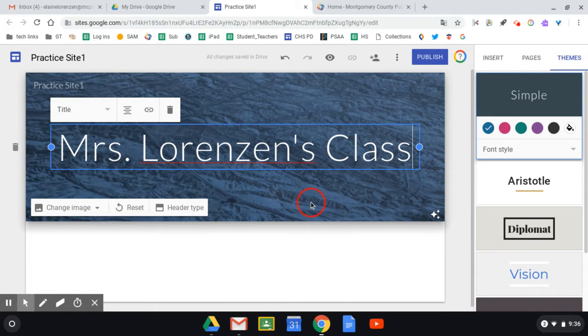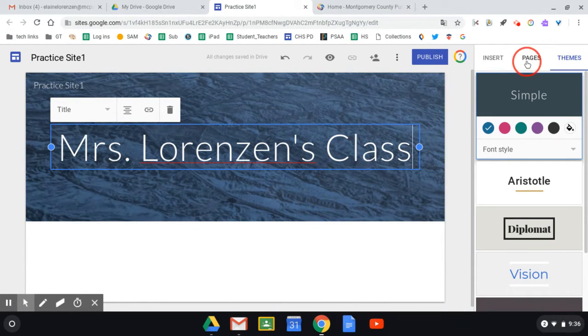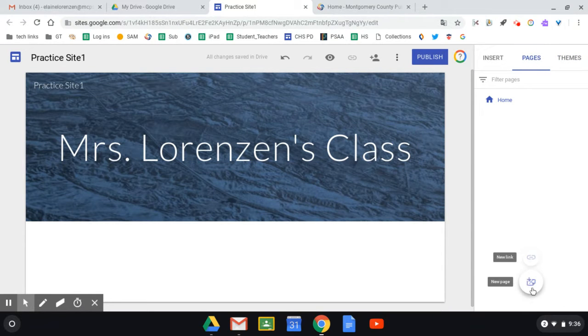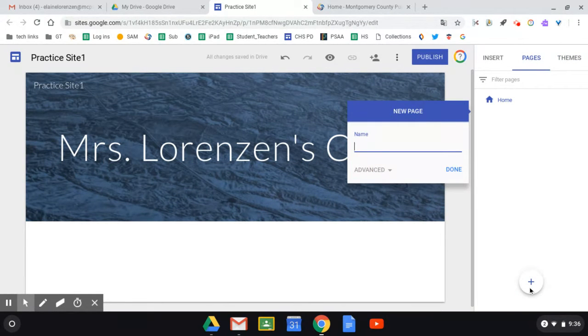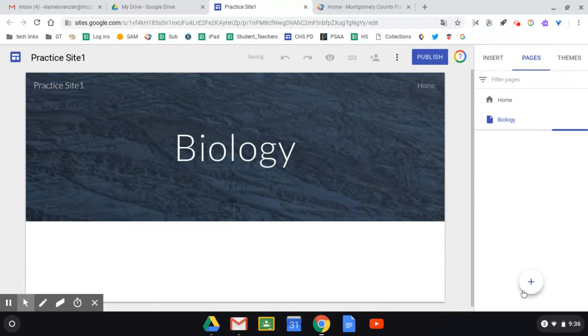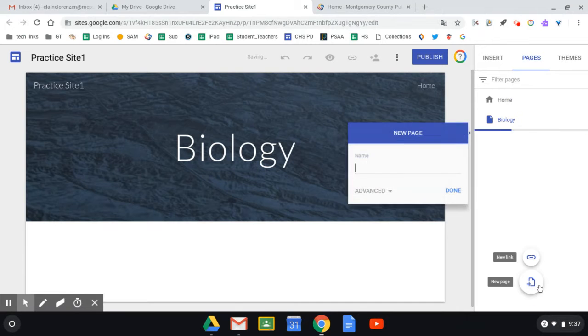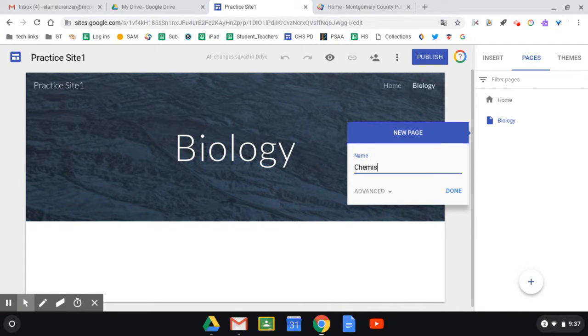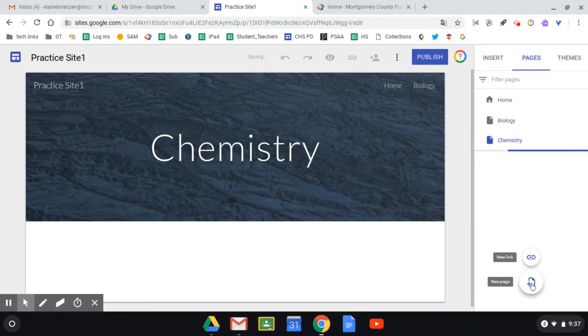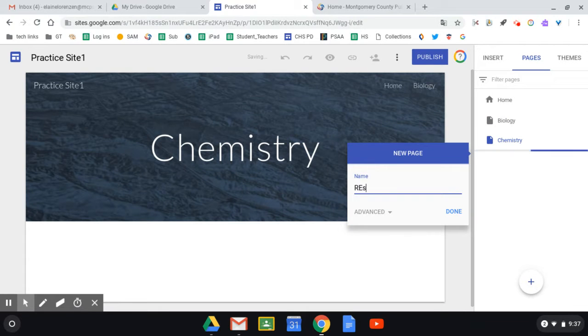So the way that I build pages is by clicking on Pages and then just clicking the plus sign. So let's build a page for biology. I can click Enter or Done, then click the plus sign again. Let's make one for chemistry. And let's make a resource page as well. So once I have these pages built,